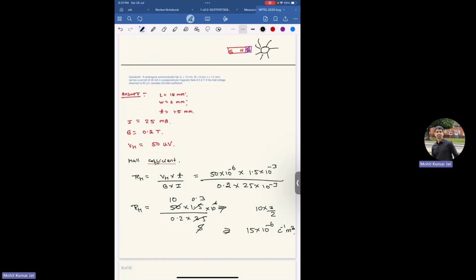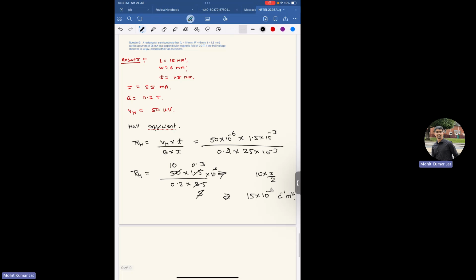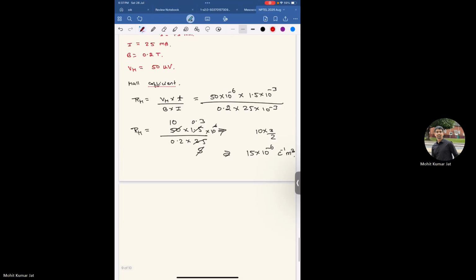Now, similar to it, inspired from it, we have another problem. Let me just write question number 4. If you have an n-type gallium arsenide wafer of thickness, the current, voltage, length, everything is given, then what is the expected Hall voltage? Because it should also be based on the parameters, it can be computed, right?